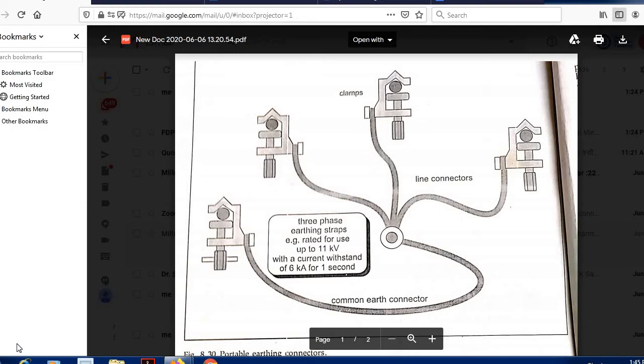Then the third section has to be signed by the person receiving the permit, acknowledging that, suppose I am going to work, so I have received the permit, and then I have to satisfy myself that the safety precautions taken and the isolation and earthing measures are adopted. Means I am satisfied, I have taken the permit and I am going to do work on high voltage. So this is your third section.